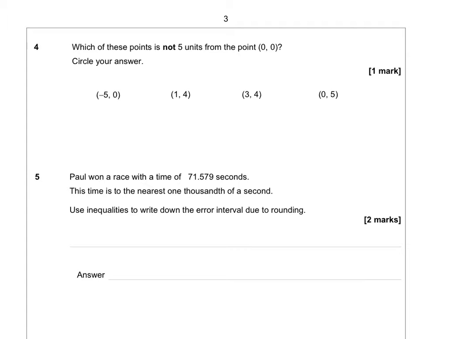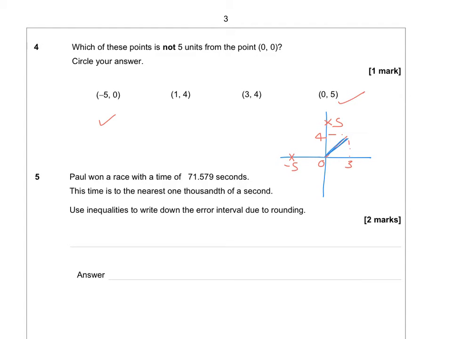Question 4. Which of these points is not 5 units from the point 0, 0? If we draw a quick sketch, we can see instantly -5, 0 is 5 units away from the origin, as is 0, 5, which is up here. The point 3, 4 would be 3 units away and 4 units up like this,